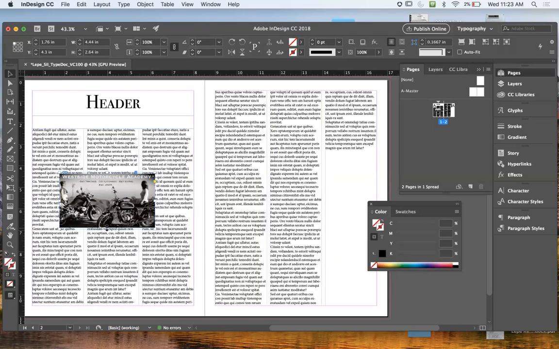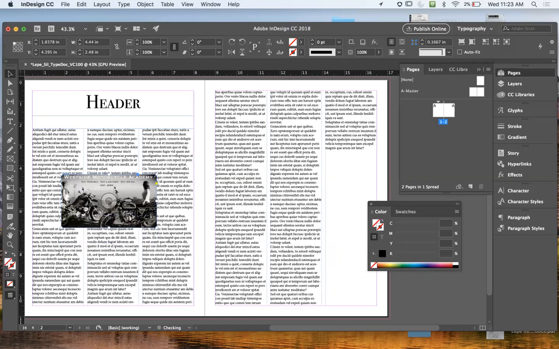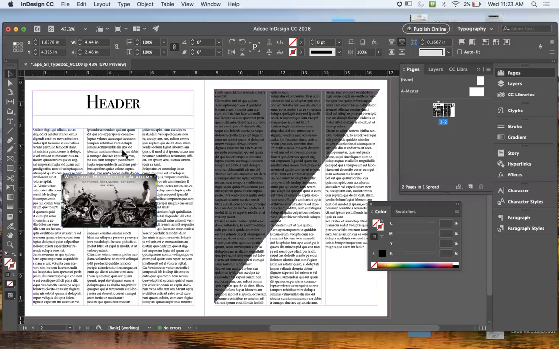Right, and I notice that my frame is extending just a tad outside. I'm going to go right up to the edge. All right, so now I want the text to wrap around it, because if you see, the text is hiding right now behind my picture. So I want the text to wrap around that so everything shows through. So I want to click over here on the wrap around bounding box. And if you notice now,